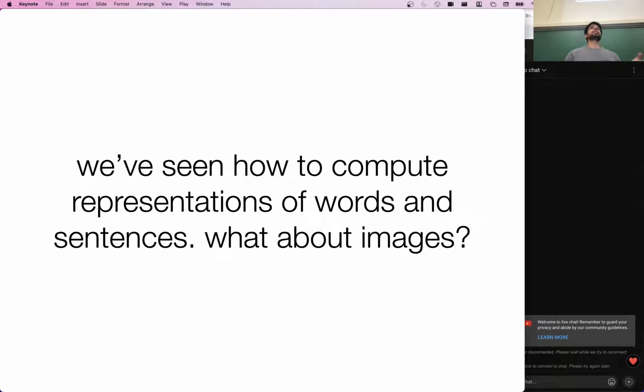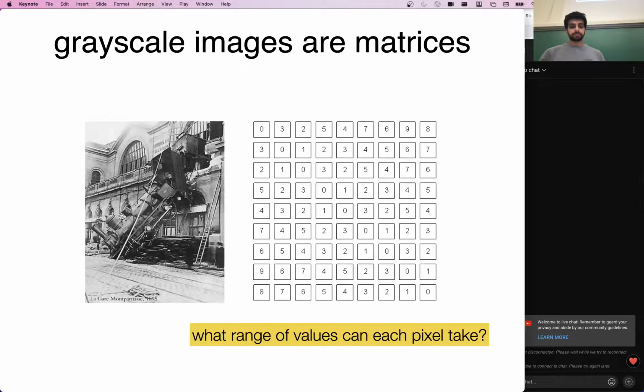So what is the equivalent in image land? First, let's take a look at a grayscale image, a black and white image. These are represented just with a single matrix, where each element in this matrix is an integer from 0 to 255, as I just answered this question. So these are pixel values, right? You can represent any grayscale image with such a representation. So you can see that an image, by definition, is just a matrix of numbers.